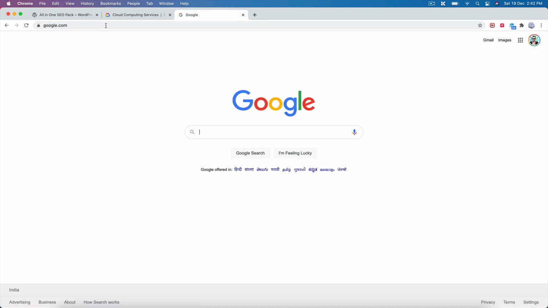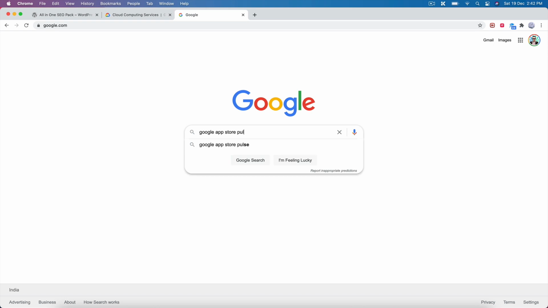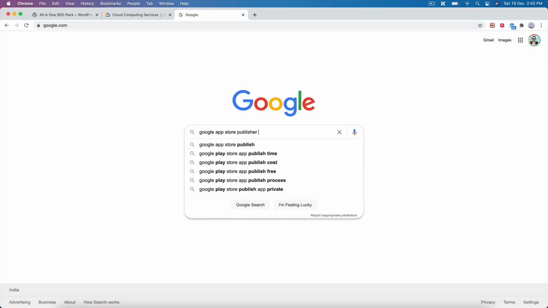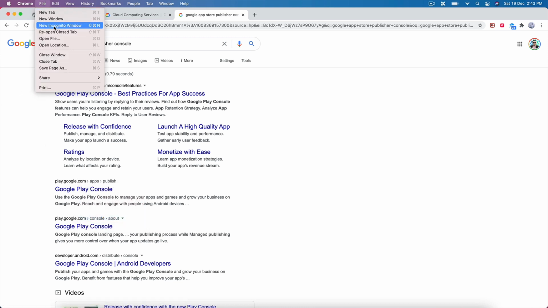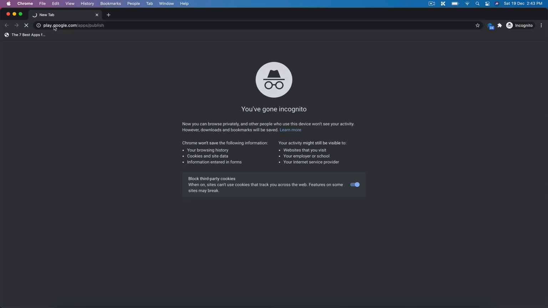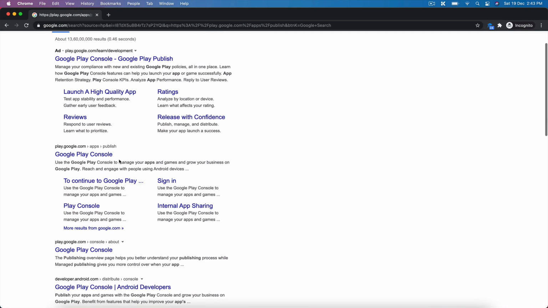Okay. So how does it work in Sensor Tower? Once you have an app published, then only you go to Sensor Tower. To publish an app, you have to search for Google App Store Publisher Console. Okay, guys, you got to search for Google App Store Publisher Console, which is here in play. Hold on, I'll put this in an incognito window so you'll understand how it is. It's play.google.com/app/publish. Here is where you publish your mobile app,